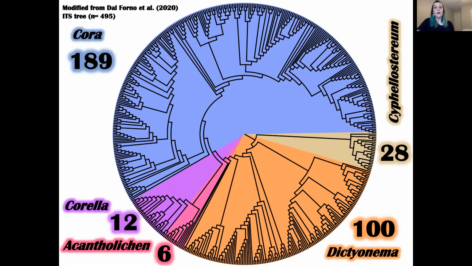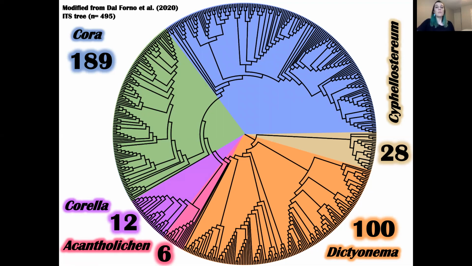And we also found that this group actually has a very high level of endemic species, as opposed to species that have very large geographical distributions. In fact, only maybe 5% of these 300 species that we found are actually widespread. And one thing that kept us wondering, though, was this split here in Cora. However, due to their very uniform morphology and anatomy, we accept it as a single genus.